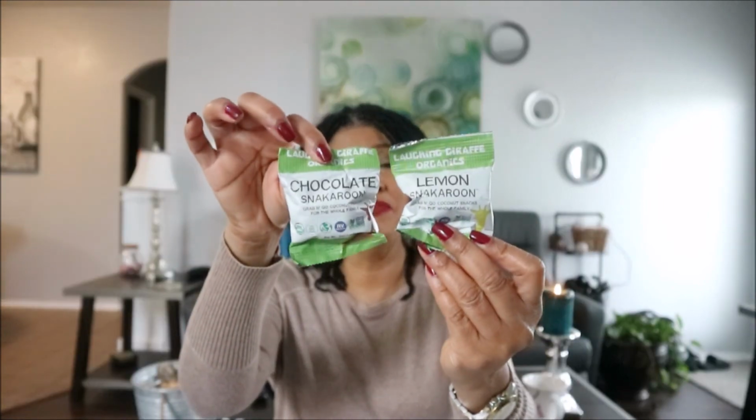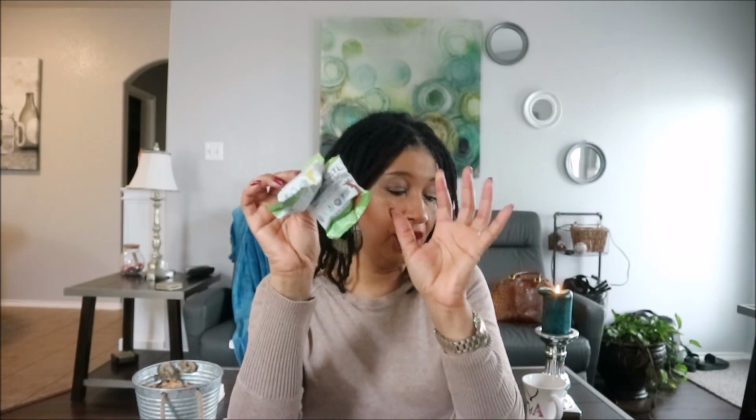Now this one is a chocolate snackaroo, and this one is a lemon. But because they have coconut in them, I can't enjoy either one of those. But hey, like I said, I don't mind sharing. And then, oh,